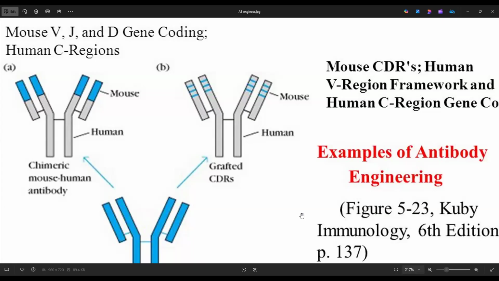So, for antibody engineering, the first thing is why we have to engineer antibodies. Antibody engineering is important because we first immunize a mouse and we produce antibodies in the mouse. The antibodies that are produced in the mouse will not perform optimally in human bodies because